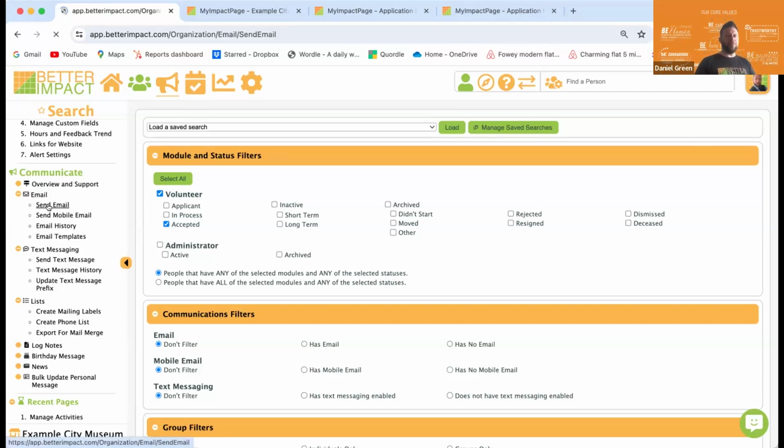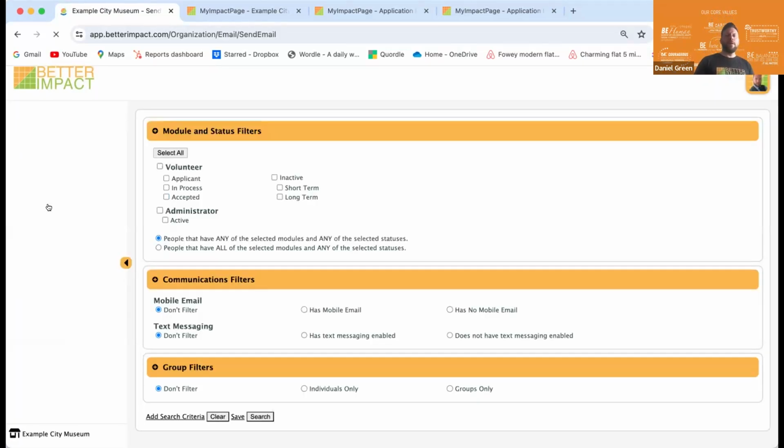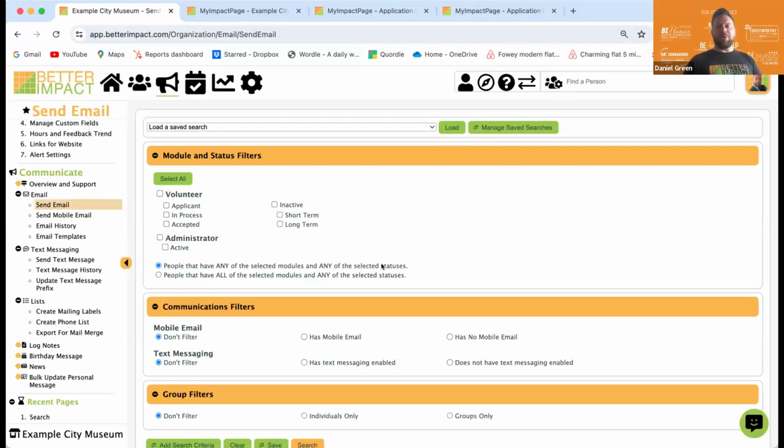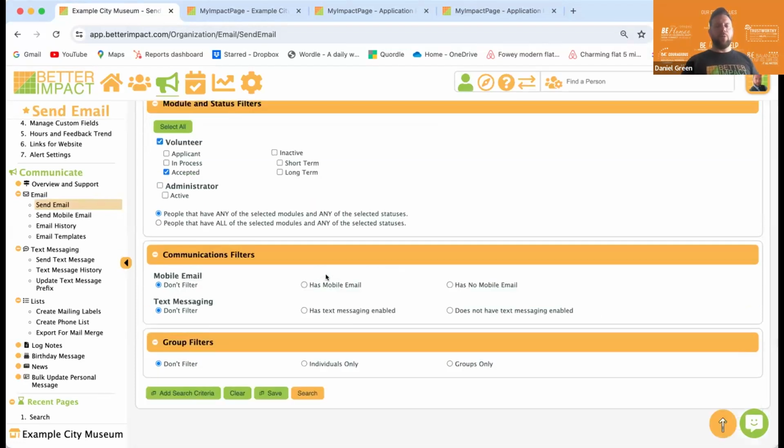So if we send an email, again, we're presented with this filtering page. I'm just going to select accepted. But rather than press search, which will bring up the list of all my accepted volunteers again, which is great if you want to send out a mass email, like I said, a monthly newsletter for example,